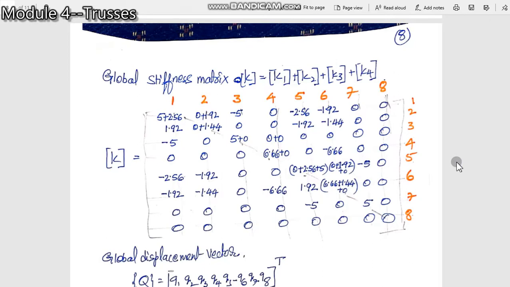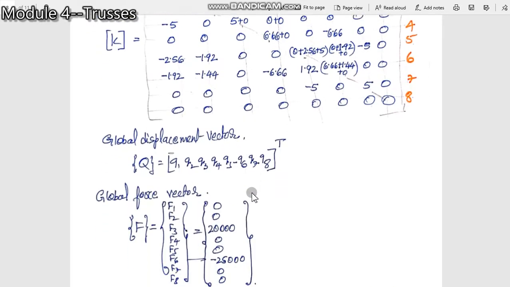So it's a very large matrix. You have to be very careful and precise while handling such a big 8 by 8 matrix, and be very good in hand calculation. So after adding all that K1, K2, K3, finally you get it. Wherever there is overlapping, you add the respective element, that's all. So 1, 2, 3, 4, 5, 6, 7, 8. You can see in this global stiffness matrix that the main diagonal elements are positive and it's a symmetric matrix. It means the global stiffness matrix is valid.